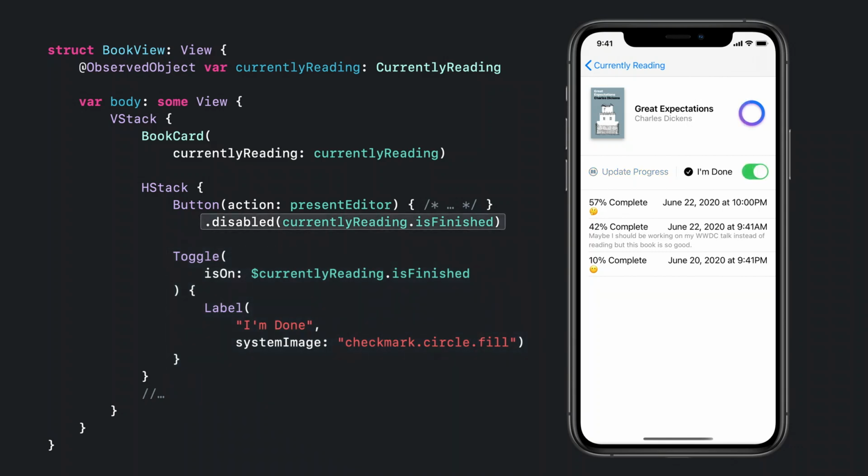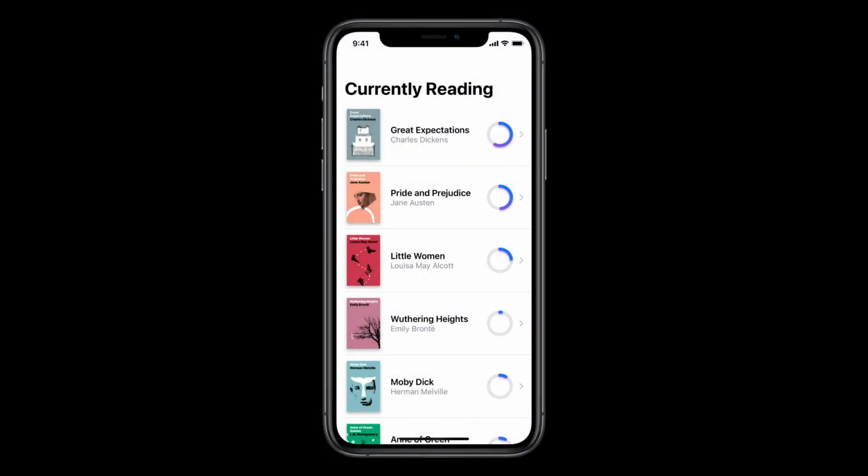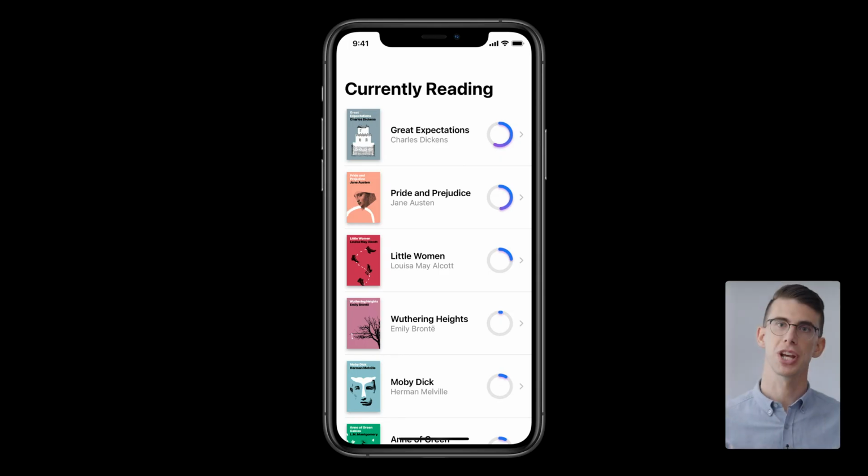For example, in this view, we will disable the button to update the progress when we are done reading the book. Throughout our app, we have shown this beautiful book cover, and we want to load them asynchronously from the network, just before they are displayed on screen. They're expensive resources, so we want to keep them alive only while the view is visible. More generally, we notice that often you do want to tie the lifecycle of your observable object to your view, like with State. If you recall, ObservedObject does not own the lifecycle of its observable object, and so we wanted to provide a more ergonomic tool.